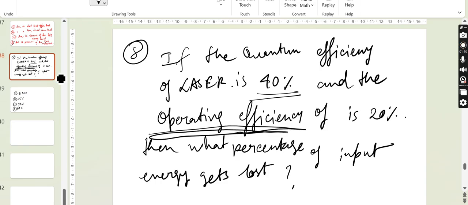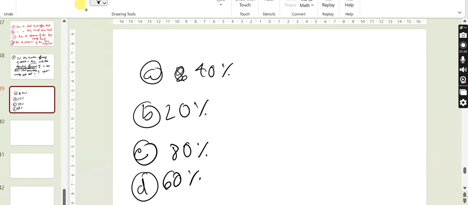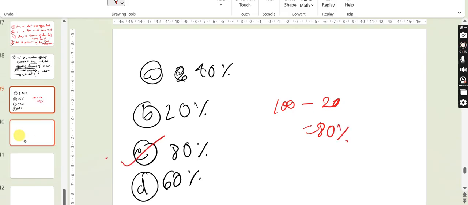denotes what percentage of input energy gets converted into the lasing action. So the rest of it is lost. The operating efficiency is 20%, so the rest is 100 minus 20, which is 80, so 80% gets lost. That is the answer. Question 9 is, if the quantum efficiency of a laser is high, then the heat dissipation in